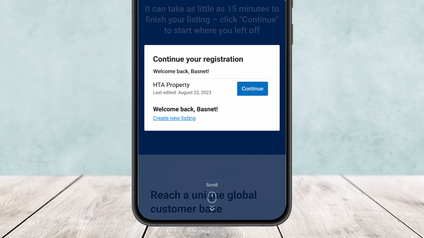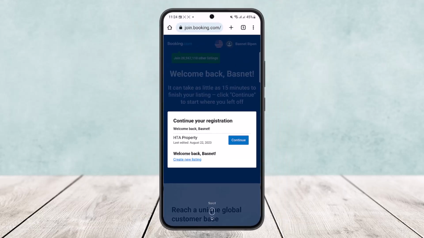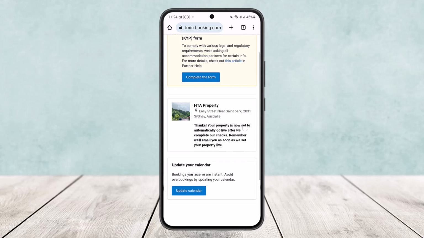Again tap on list your property and it should take you to the extranet here. And here, if you are here for the first time for the registration, then it allows you to log into the account, and here you'll have to create and log into the account. Quite a few steps. Now here in my case you can see I'm already continuing my registration, but once here you'll be able to add in your registration after selecting the few steps. And here I'll just tap on create new listing here,